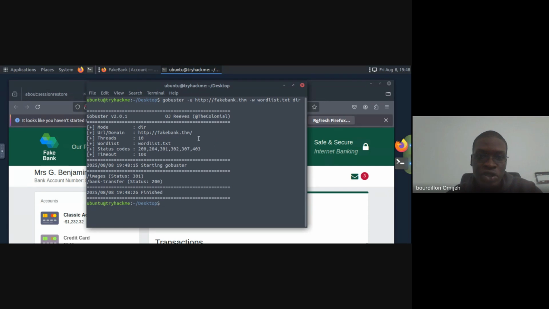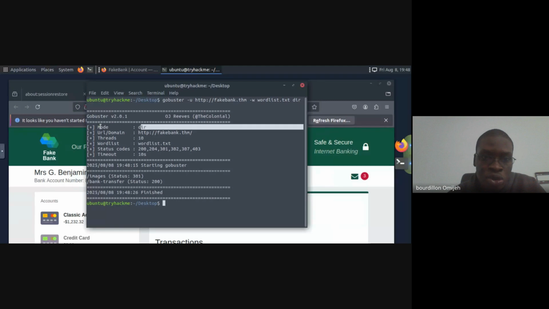So this interface might look a bit scary, but like I said, everything here is just words. Let me just break it down for you. This here, GoBuster version 2, blah blah, is just the version of GoBuster we are using. Like when you need to update your apps, it's telling you that you're using this version of the app. So that should not scare you.